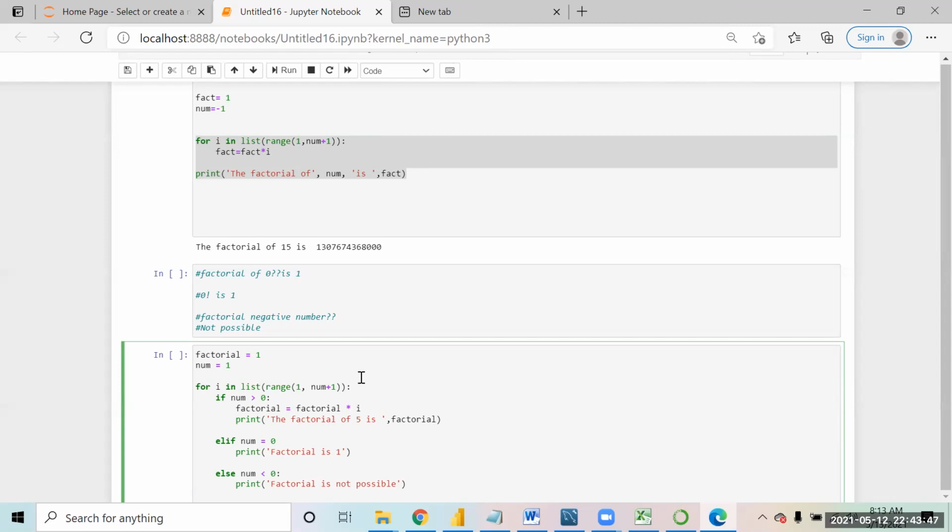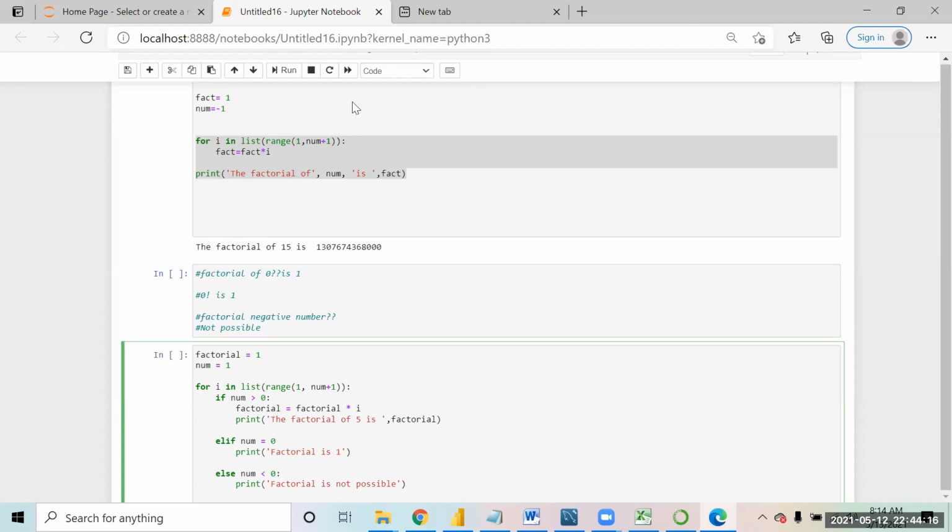You should technically first have a condition, right? Now, if the condition is true, then perform the loop. Only then should it go inside it. If the number is zero, then by default it should print the output as one. Else, if the number is less than zero, by default it should print that, right? So that is where the logic is going on.